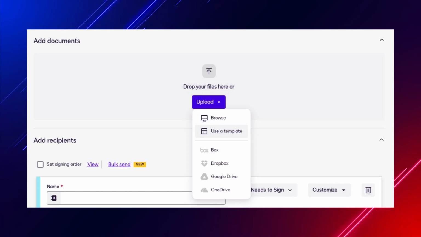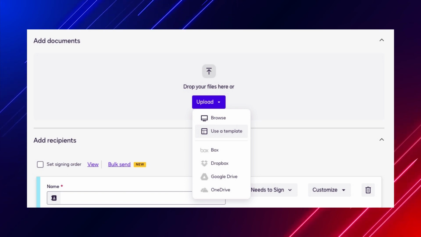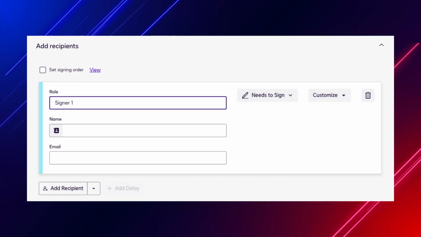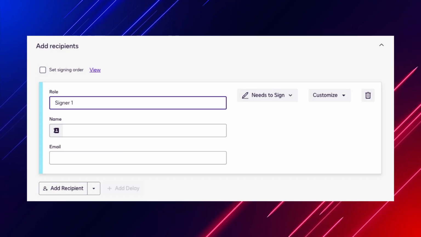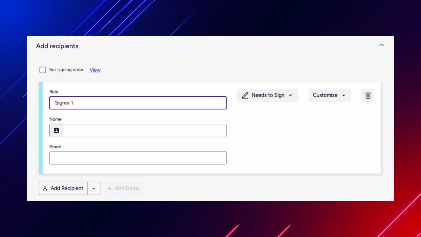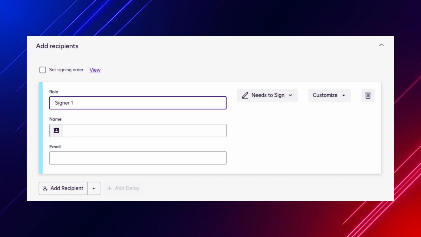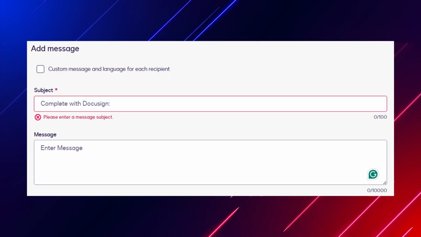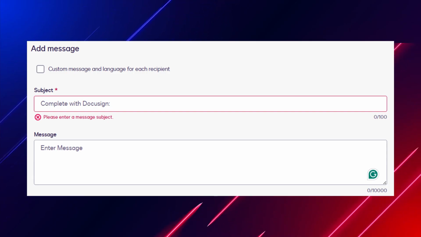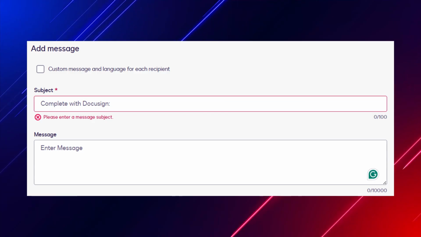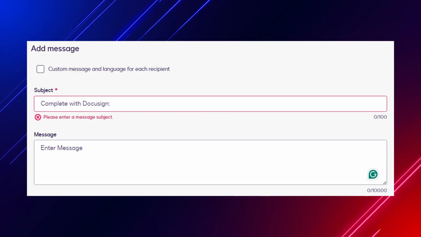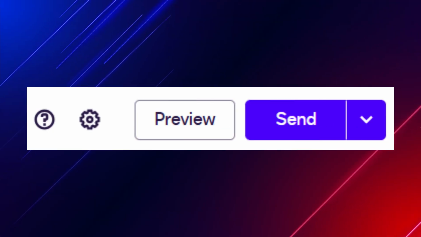In the delivery fields, click Add Recipient if you need multiple signers. Now type out your custom email subject and email message in the text boxes, then click Next. Add fields. Now drag and drop the standard signing elements like signature, initial, or date signed directly onto the contract lines. Just a tip, select a different recipient's name from the top left drop-down menu to change